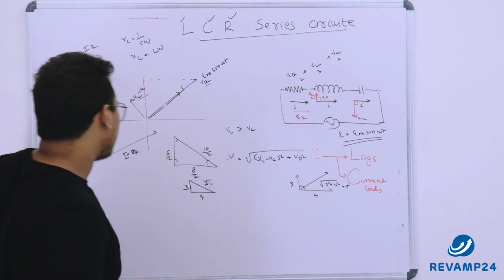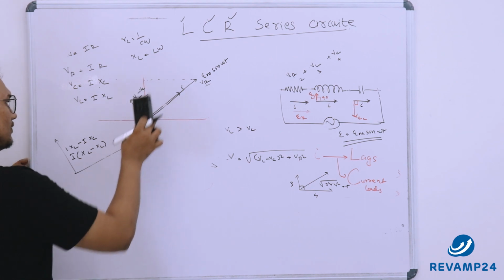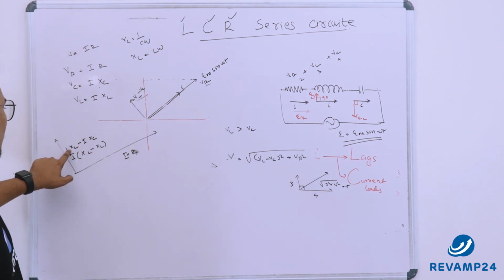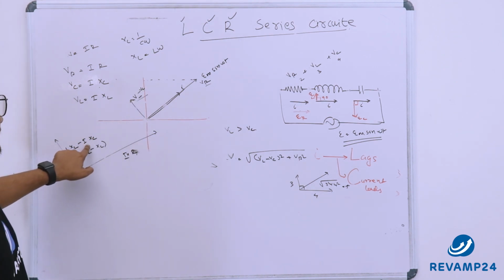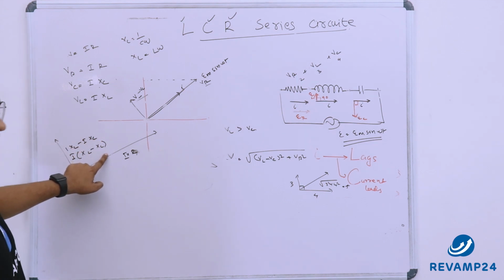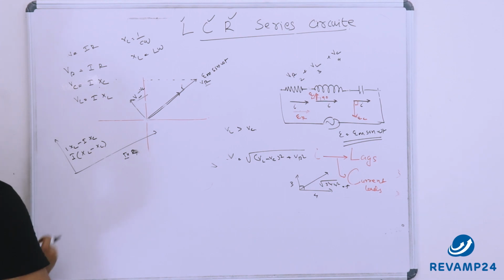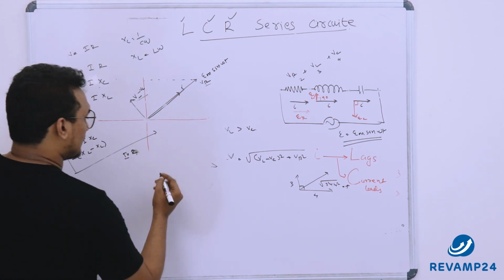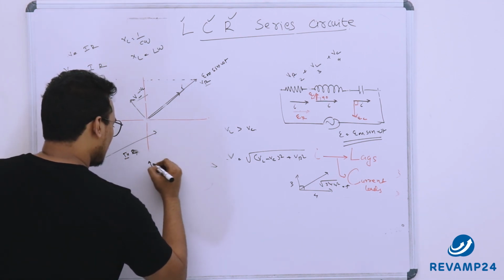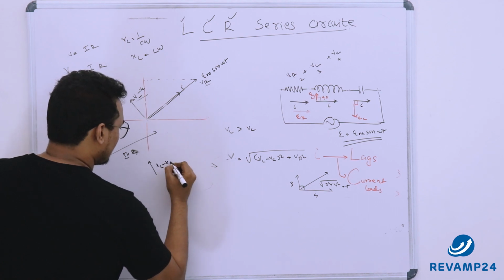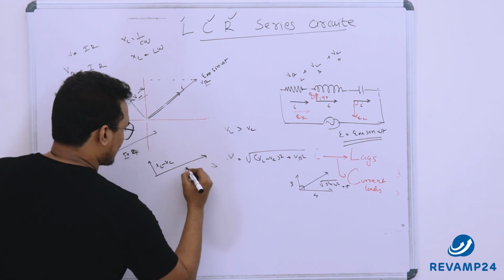So my point here is, VL minus VC is nothing but I into XL minus I into XC, so that is I into XL minus XC, and here in this case I into R. So just on removing I from both of these, we will get new values, XL minus XC here and R here,